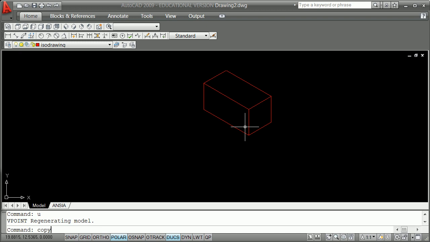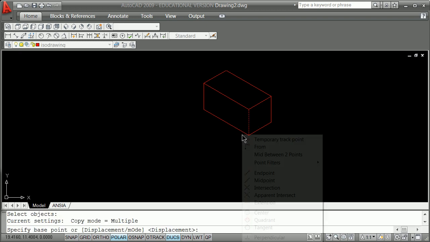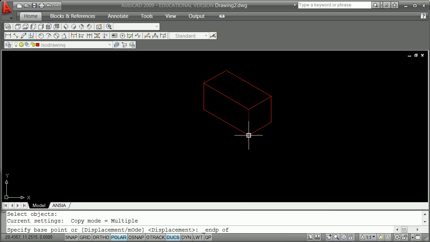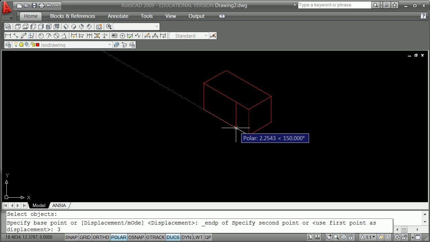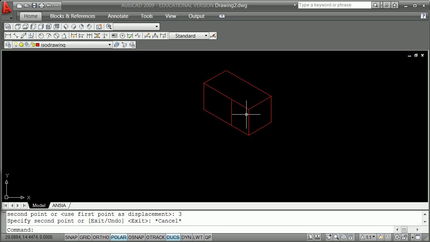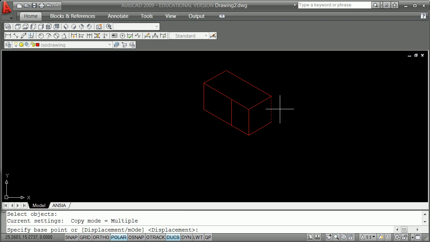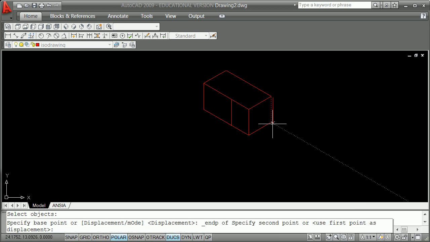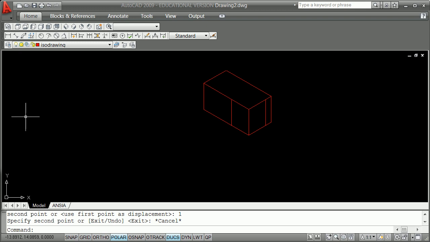So I'm going to copy this here from the endpoint there. Again, that polar snap 3 this direction. We get to that point here. And in this, we went already 1 back this way. We're going to copy this from here, from the endpoint here. Again, because we have that generally polar snap 1 degree there, that means that we can go ahead and do